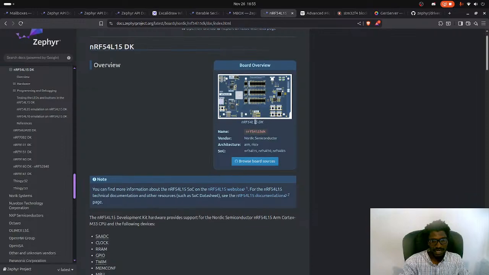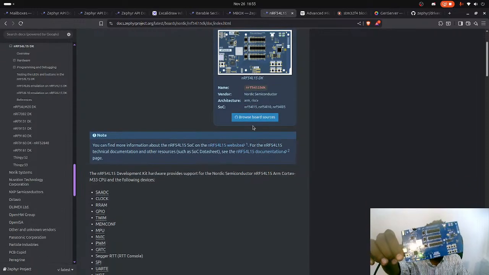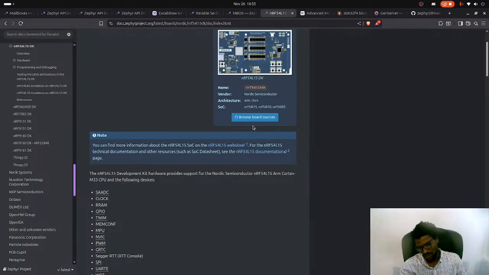I have this kit here, and it's got quite a lovely arrangement of GPIOs, which is quite weird for me. I'm used to them being on the side, and then there's port P2, port P1, and port P0. We're not going to be using those. What we really want to do is play around and see if we can communicate between the CPU app and the